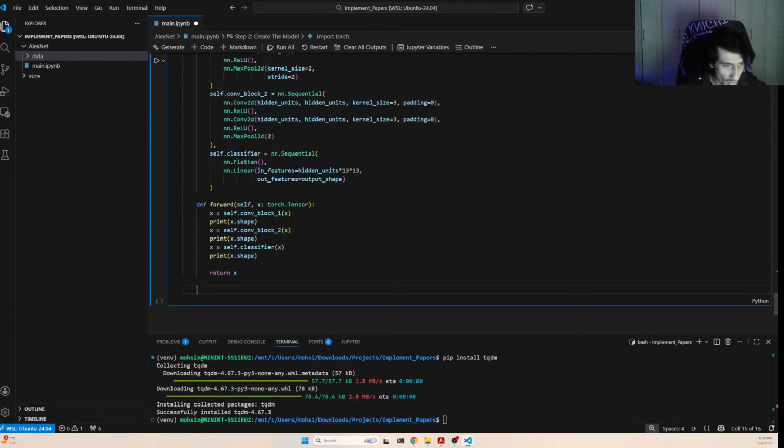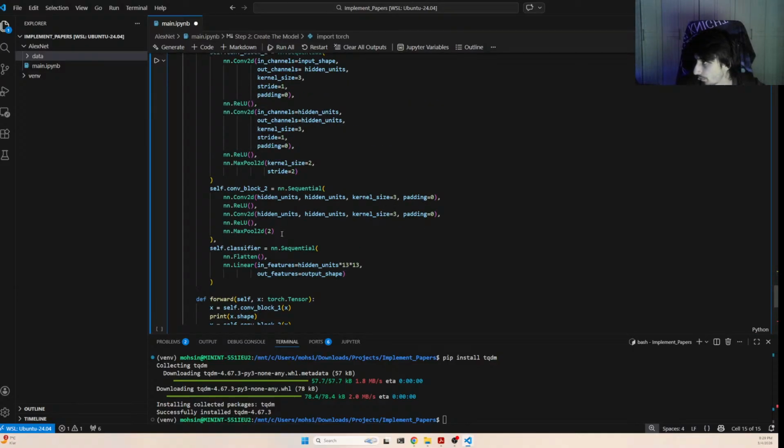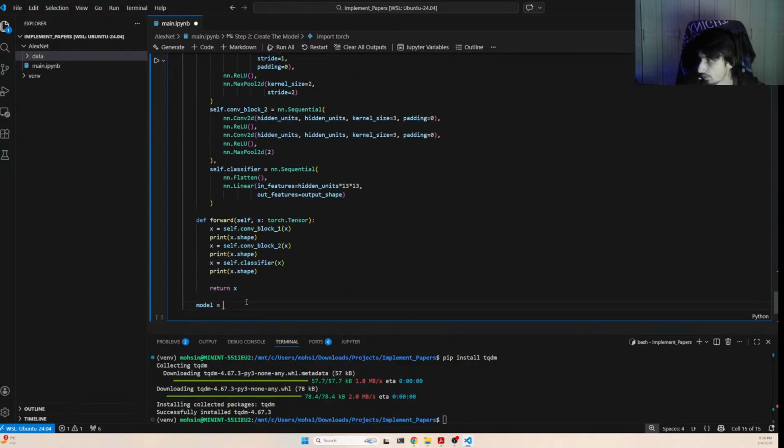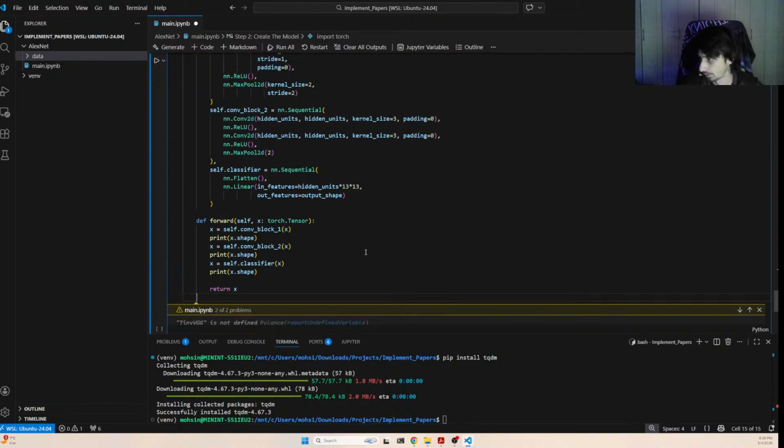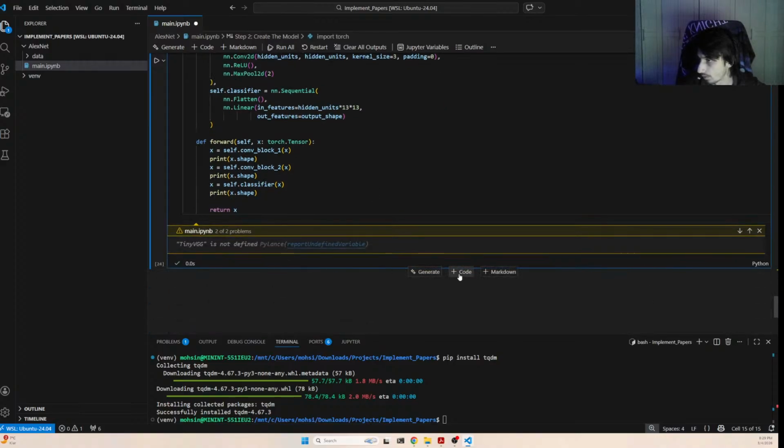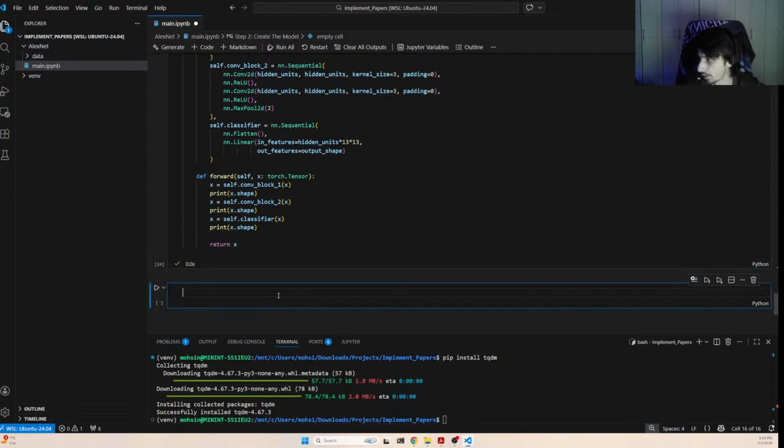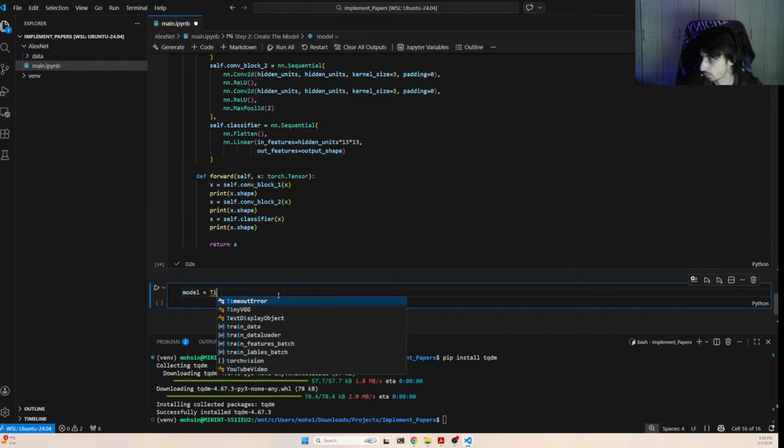And now to actually run this, we will write model equals the name of this class, so TinyVGG. Oh, because it's not defined. Wait, let me just run this once. Now, if I write model equals TinyVGG